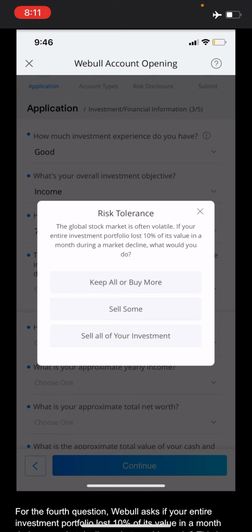Question 4 is extremely important because this sort of thing really does happen in the market. If your entire investment portfolio lost 10% of its value in a month during a market decline, what would you do? It gives you the options of sell all of your investment, sell some of your investment, or keep all and buy more. You might be thinking to select the option to sell some or sell all in order to stop losing money, but I am here to tell you that you are better off to keep all and buy